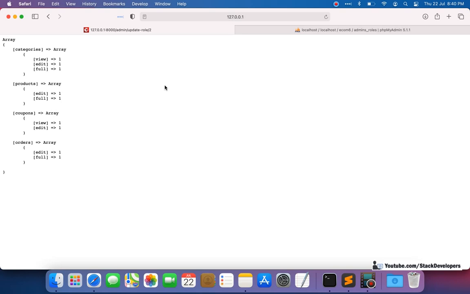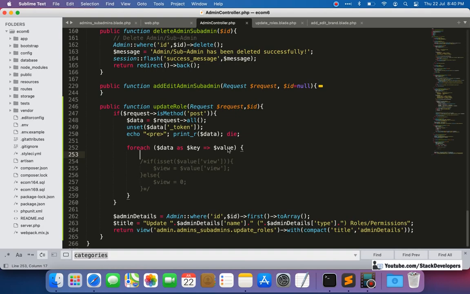So first, see the dollar value, what will come in dollar value. I'm going to show you. Here I'm going to take this one in the same way so that it will be more clear. Here I'm going to take the dollar value.